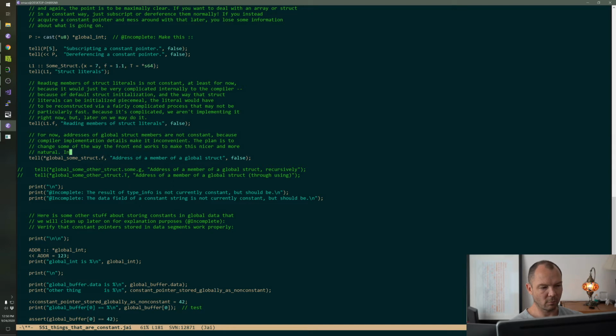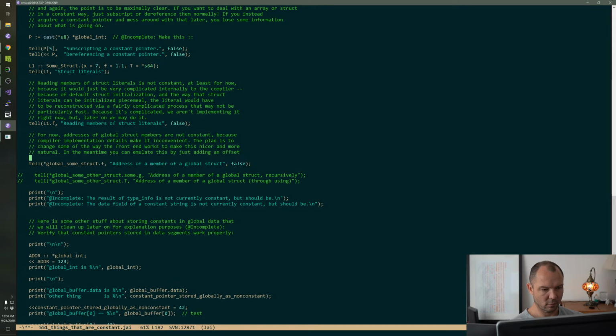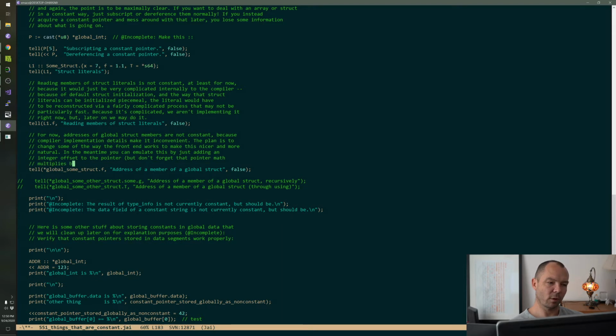In the meantime, you can add an integer offset to the pointer, but don't forget that pointer math multiplies by the size of the type.